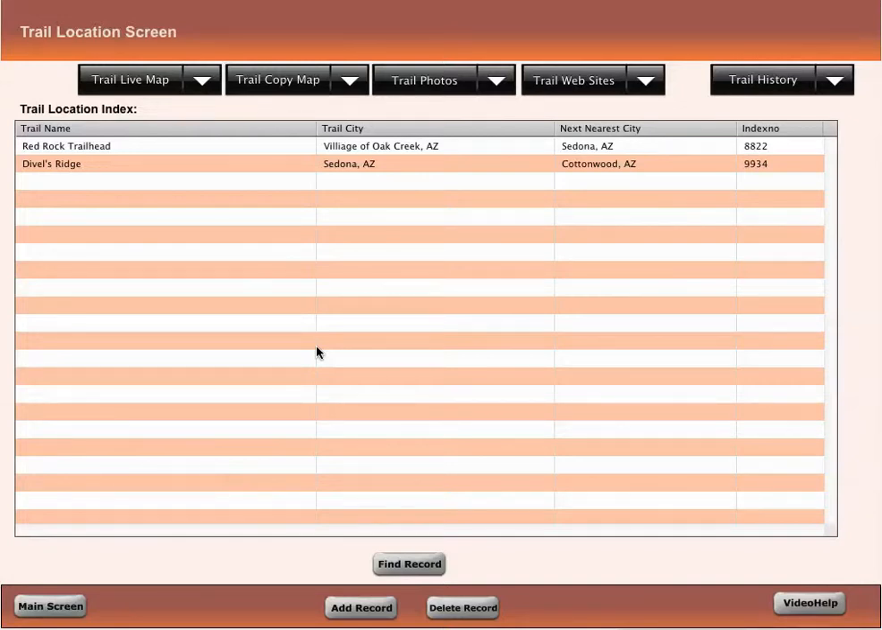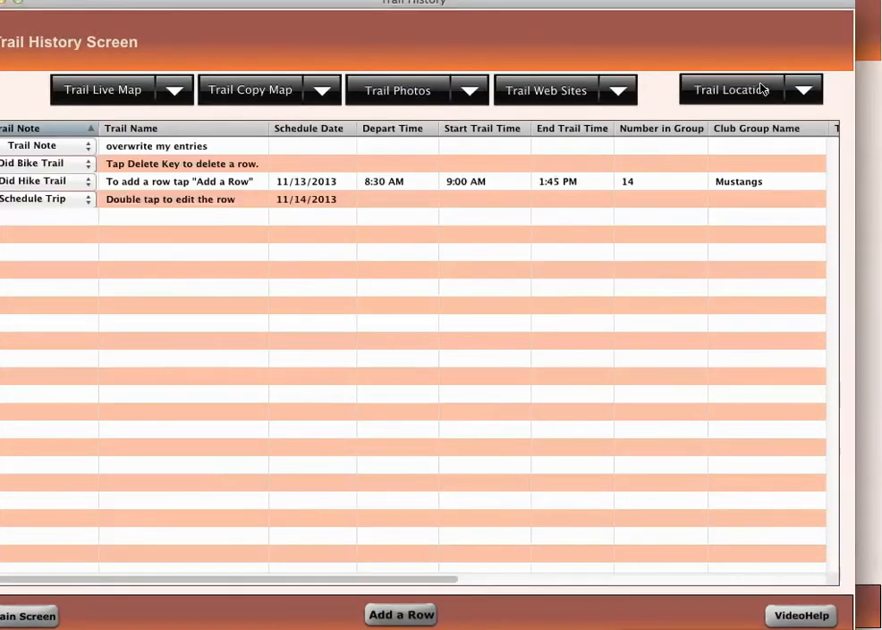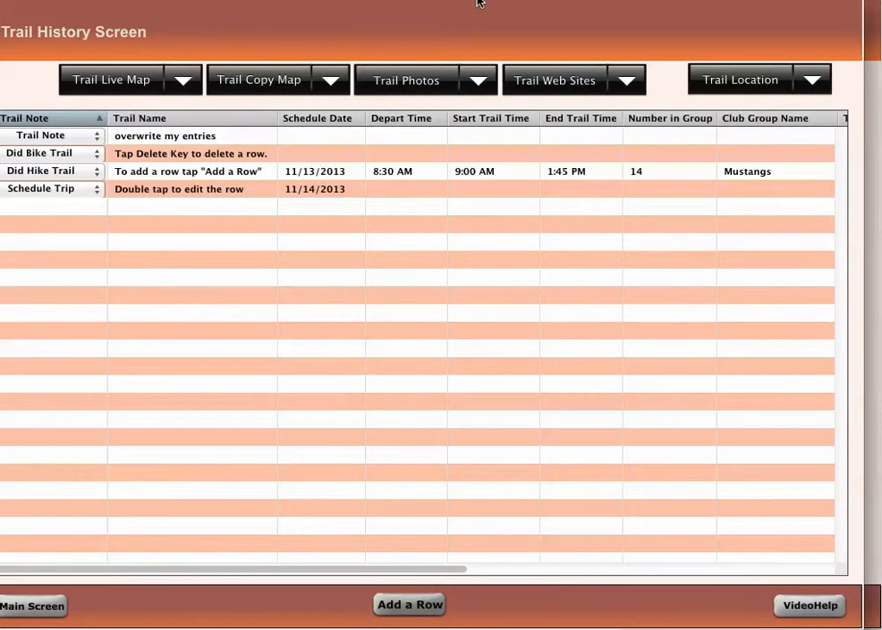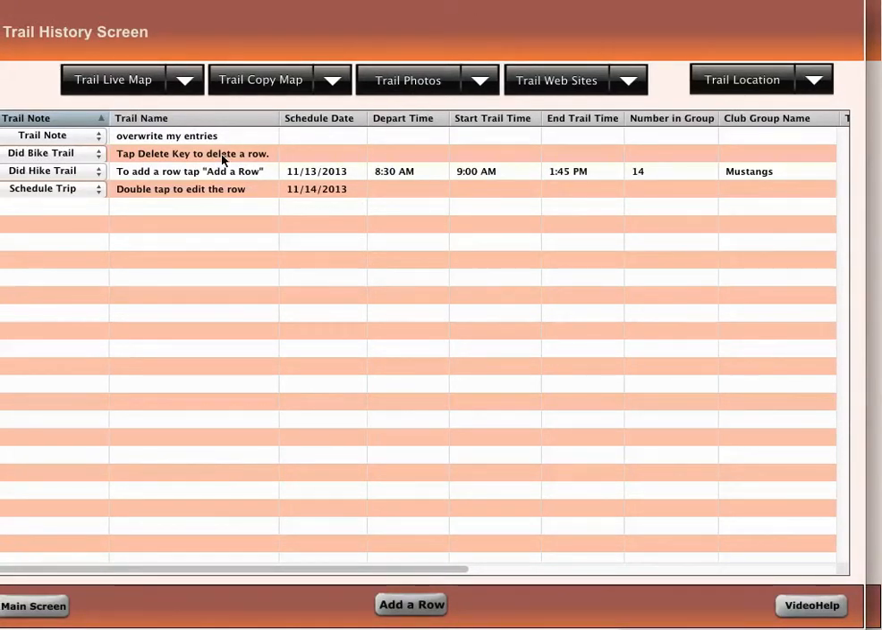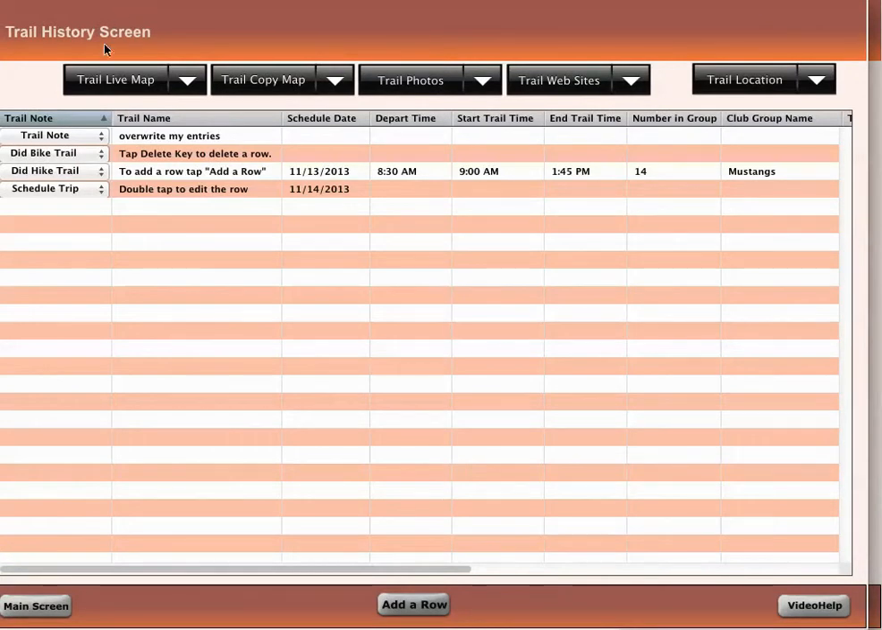In this video help, we're on the trail location screen, and what we're going to do is go to the trail history screen for a description of its usage. So let's click on that trail history. On the trail history screen, we want to take the trail that we're going to be visiting or using on the application, and take some information about that trail and manage